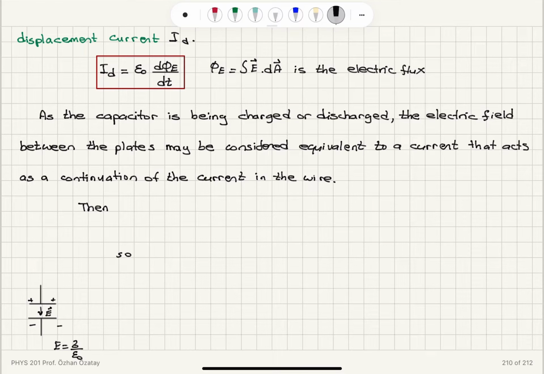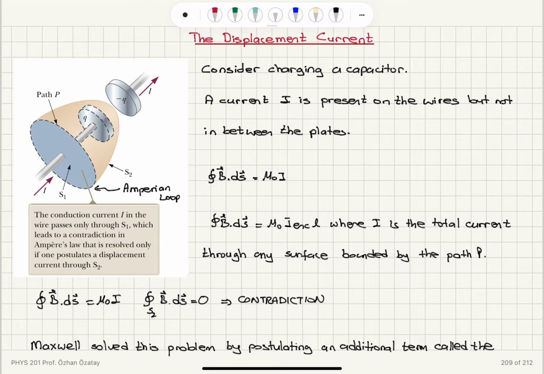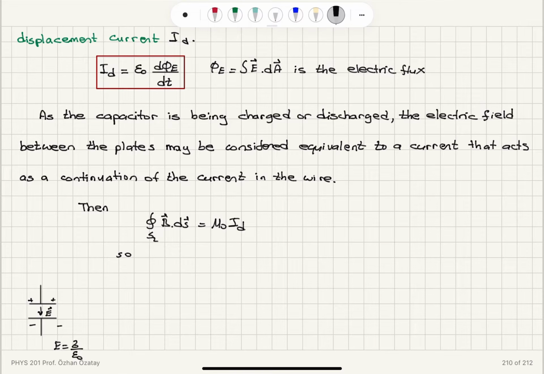Then what would happen is the closed path integral B dot ds would be equal to mu 0 times the displacement current, because you have this time-varying flux that acts as a displacement current here. So then there is a current going through this surface, which is basically equal to the original current I that flows through the wires. So we obtain the closed path integral B ds is actually mu 0 times the current I plus the displacement current, mu 0 I plus mu 0 epsilon 0 d phi e dt,